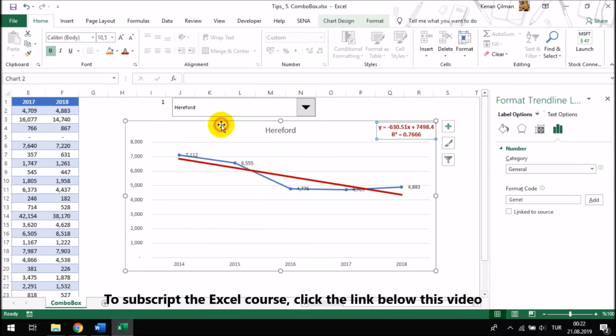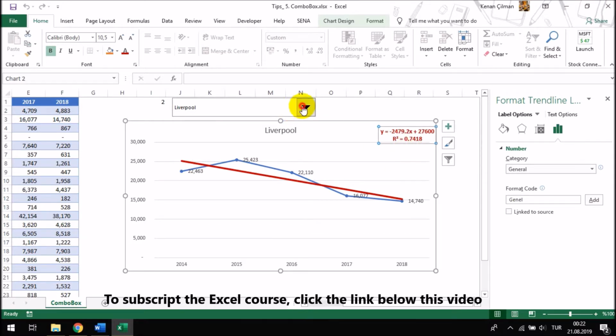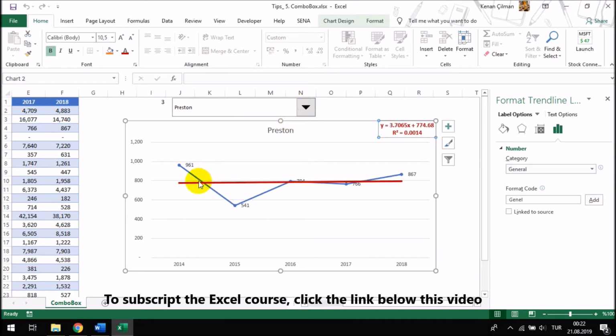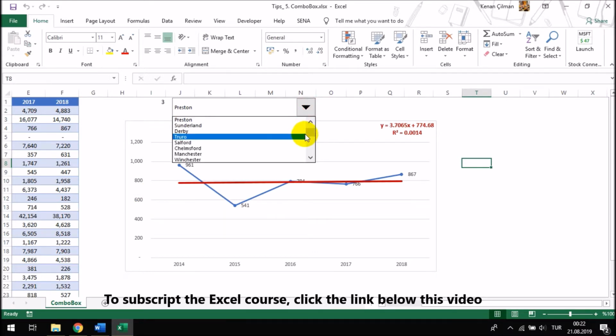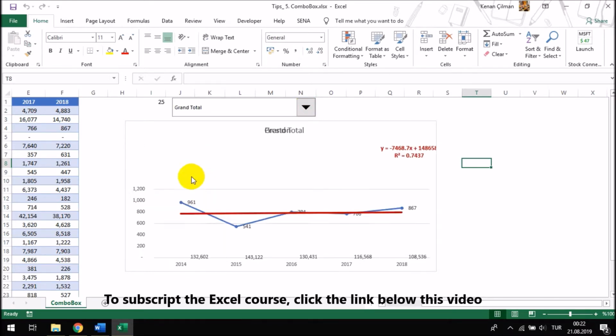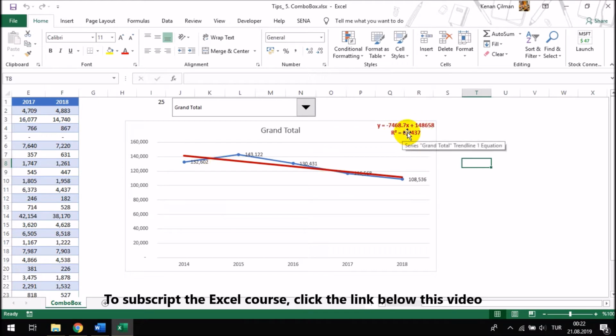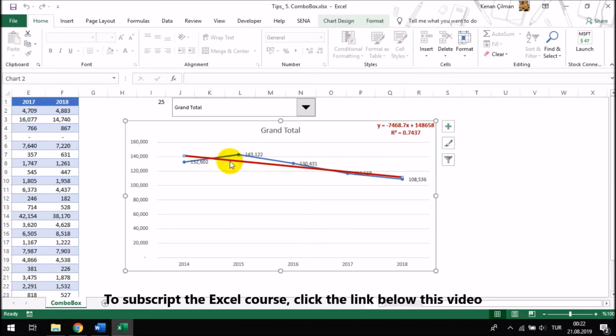When I change the data, for example, Liverpool, you see all data are displayed. You see R square is very low. It means that there is no correlation between this line and the real data. It displays the correlation between these two lines. Okay, and let's go on. For example, I select the grand total. You see the grand total is 74% compliant with the real life, and when I right click on the